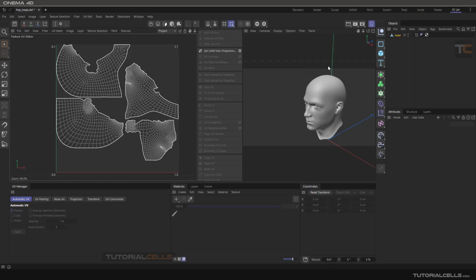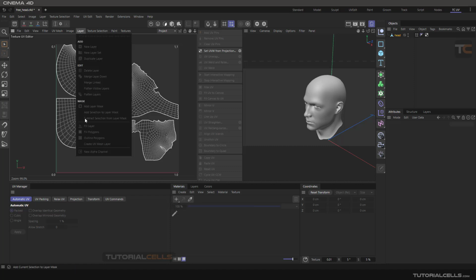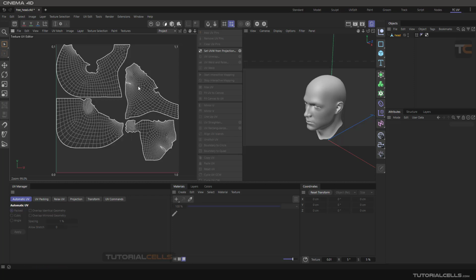The last thing that you need in a UV is to create a UV and export it as a texture to Photoshop or other software that you need. To do that, first you have to go to the layer and create a UV mesh layer or outline polygon. It means it creates a paint over these meshes, it creates an outline and exports the texture, and then you can go to the file